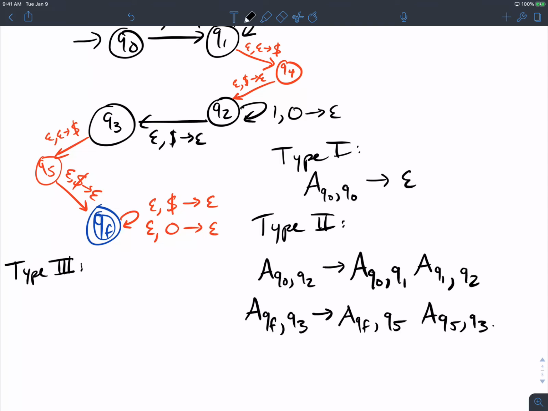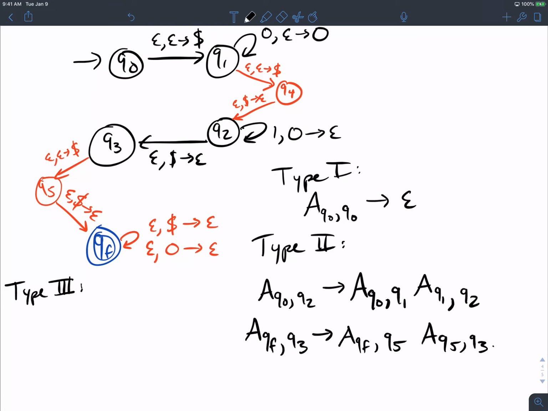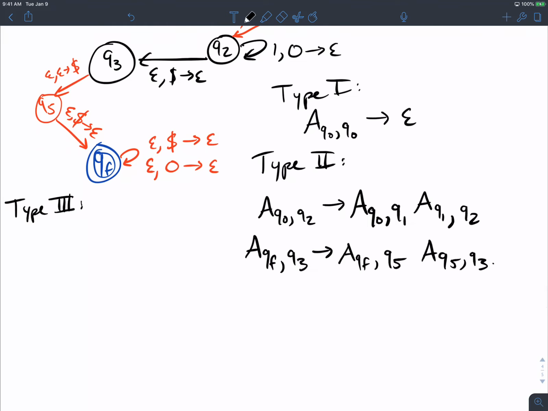Something about transitions. Well, we need one transition that pushes some symbol and another one that pops the same symbol. Doesn't matter which symbol as long as it's the same on both. So can you name a pair of transitions that has that property, that one pushes something and the other one pops the same thing? Q1, Q2. Okay, so actually there's no transition from 1 to 2. Oh, just kidding. 1 to 4 and 4 to 2. That's a perfectly good example. So let's do 1 to 4 and 4 to 2.